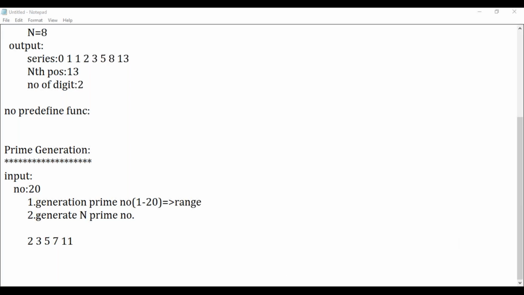Guys, write for the second series, generating n prime numbers. So here also you're going to have 2 loops. Two loops will be there, but the n numbers have to be generated.